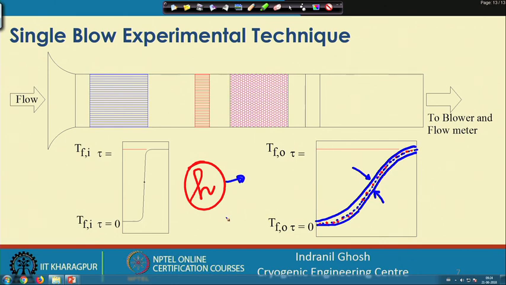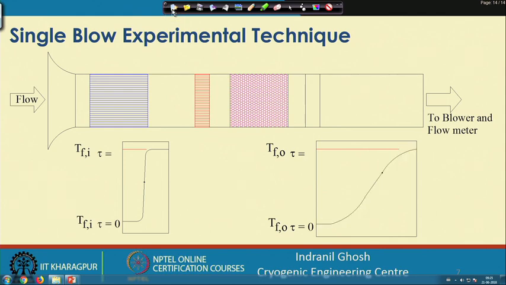So, this is how we measure the heat transfer coefficient, and mostly it is meant for a regenerative type or a very high NTU heat exchanger type. As you can understand, only one fluid is passing through this exchanger, unlike in a heat exchanger where at least two fluid streams have to exchange heat with each other. It is only a single fluid, and that is why we call it the single blow